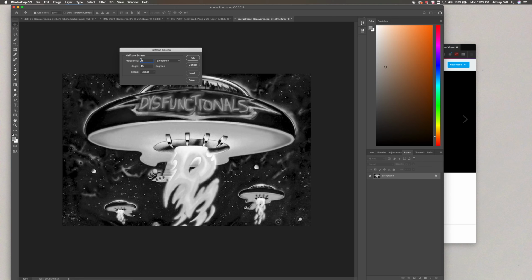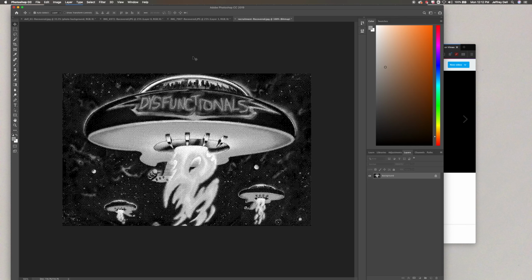If this gets low and we're not trying to maximize detail of the photograph and instead trying to emphasize the dot, then we tend to choose round or line or whatever you want in here. So choosing ellipse, we hit OK. And there is our halftone. Except